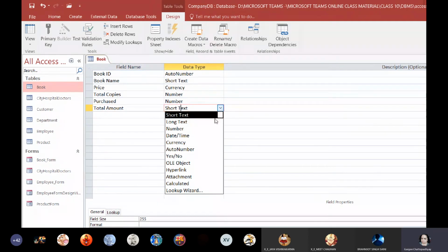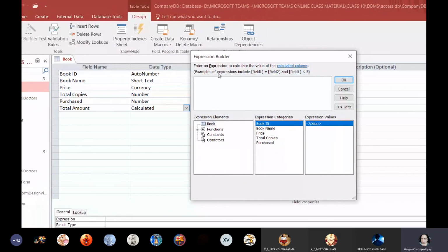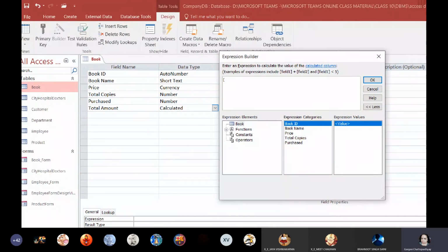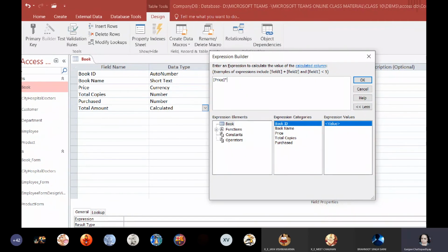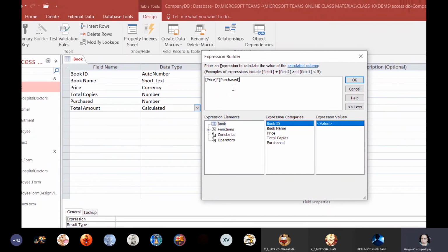Beside this, I'm going to select Calculated. This will give me the expression builder dialog box, and here I will write total amount should be equal to price multiplied by the number of purchased copies. It uses IntelliSense.